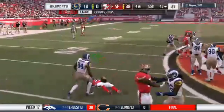And he is going to lose yardage here. A loss of a full...